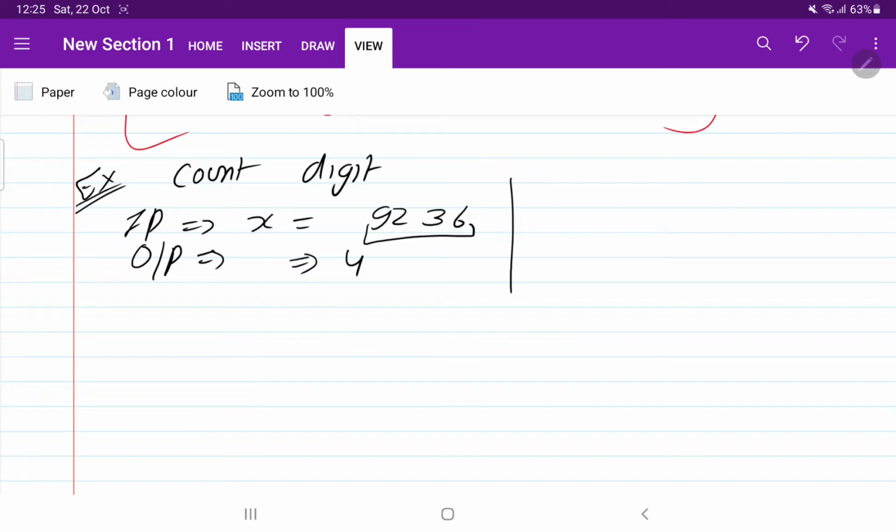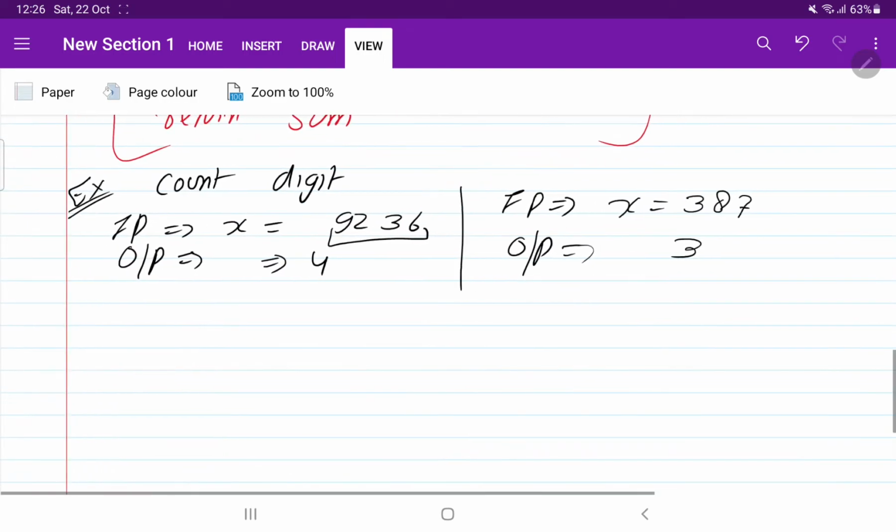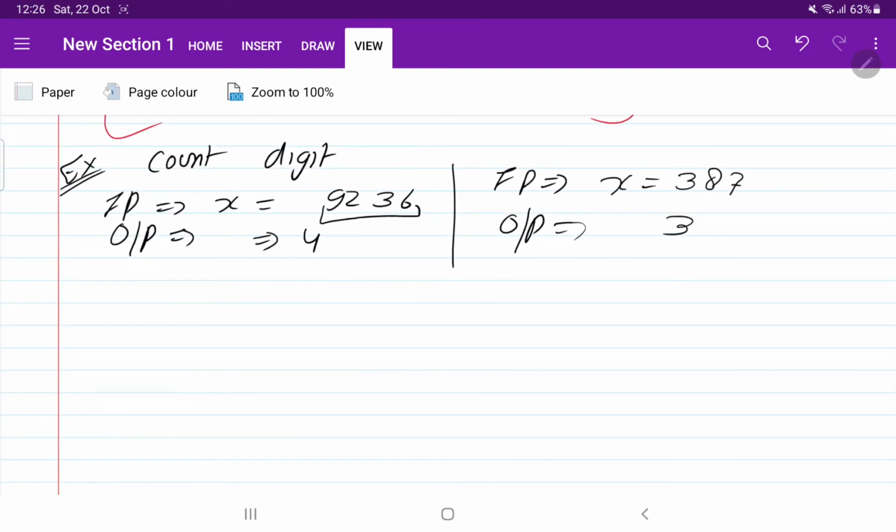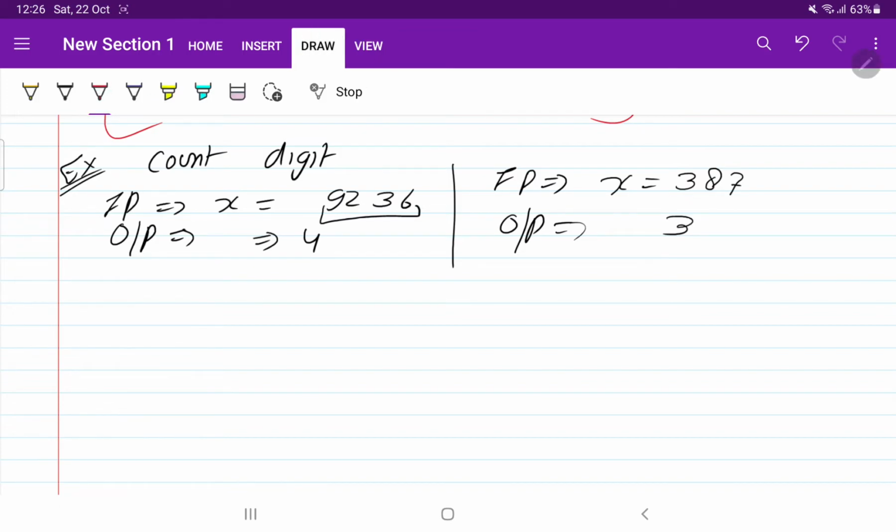Now you are going to say, what kind of question is this? Everyone can count the number of digits, right? But this thing the computer has to do for us. So we give a number to the computer, 387, and in output it needs to return that there are 3 digits, correct? So what is the logic that you use to count the number of digits? Think from the base, because you have to start from scratch. I know you can count the digits here, 4 digits are there, but how will the computer know there are 4 digits?